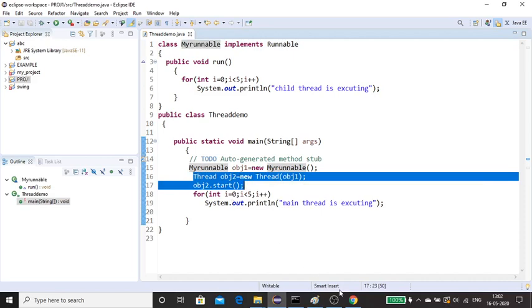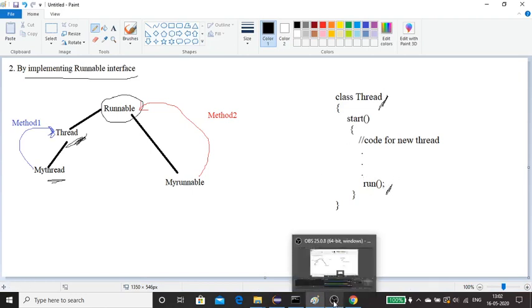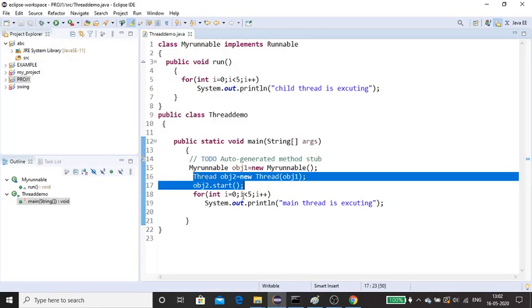Through the object of Thread I can call the start function. The start function has the code to create a new thread, and at the end it calls the run method. So a new thread will be created. But the problem is, if you observe Thread and MyRunnable, there is no relation.